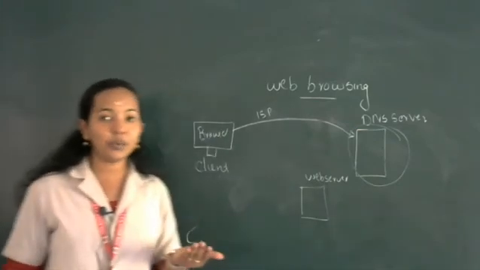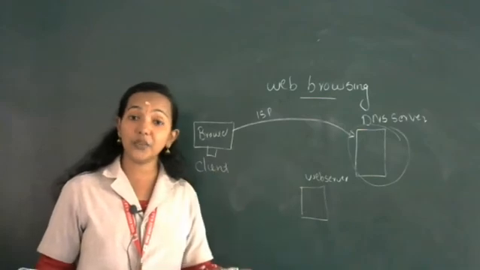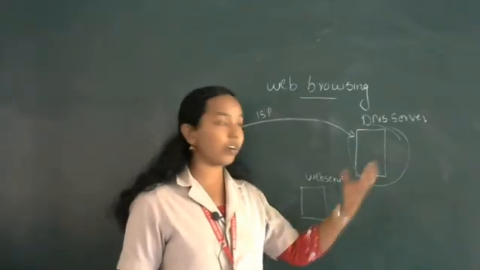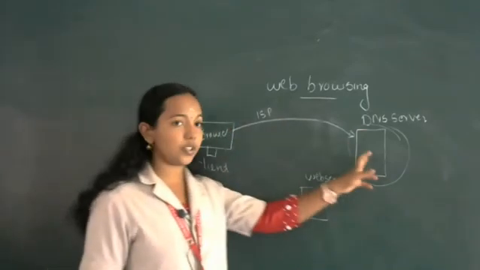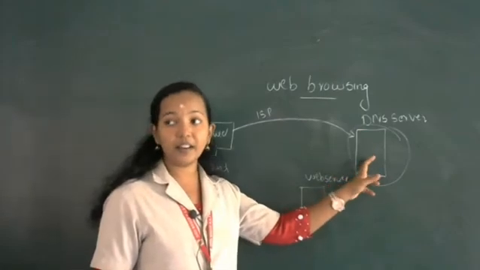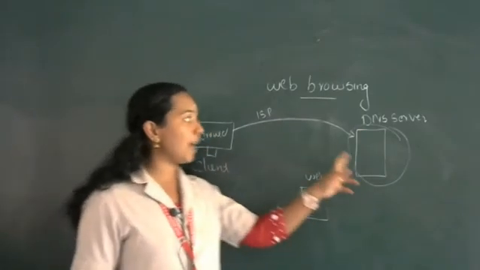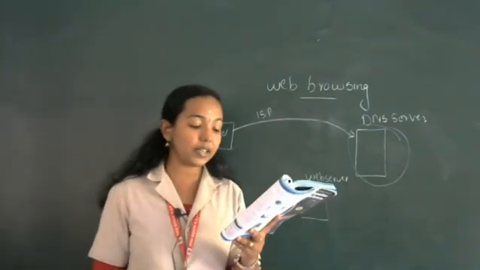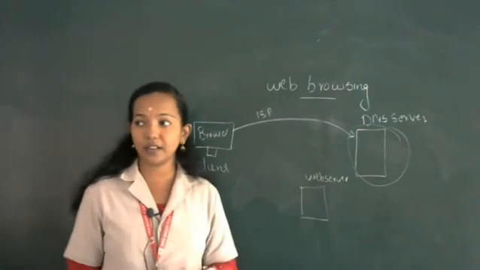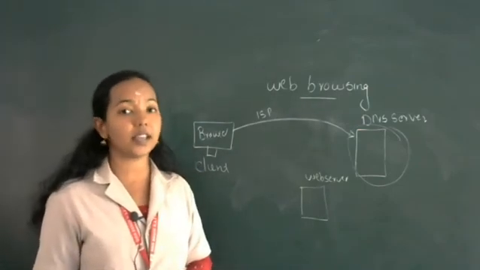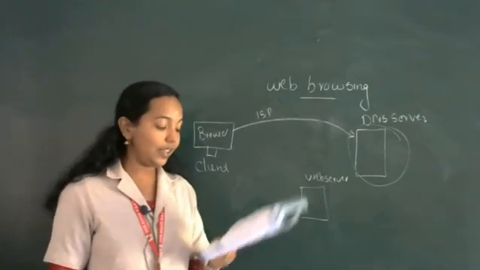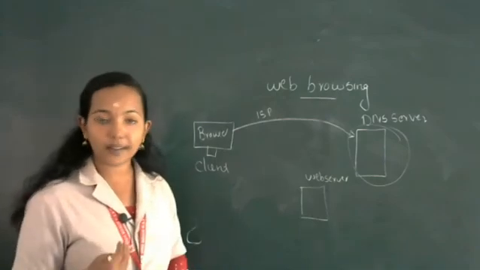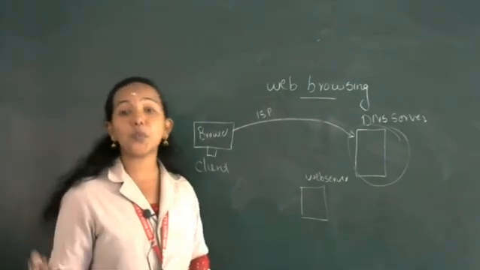When we type any URL, at execution time the URL will be converted to the corresponding IP address. The IP address will be available in the DNS server. So the client will request the IP address from DNS. That is the first step. The browser determines the URL, that means the URL that we entered, for example www.dhse.com. Then the browser sends the request to the DNS server. We only know the URL, so the client wants to identify the corresponding IP address.